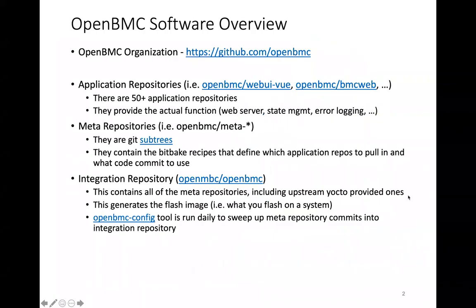So to understand the infrastructure and what we do here, you first have to understand our software layout. I think most people are probably pretty comfortable with this, but I figured it'd be good to give a quick summary of how it works here. So we have an organization out in GitHub called OpenBMC. And then underneath that organization, we have, I think it's 100 plus repositories, but they're broken up into